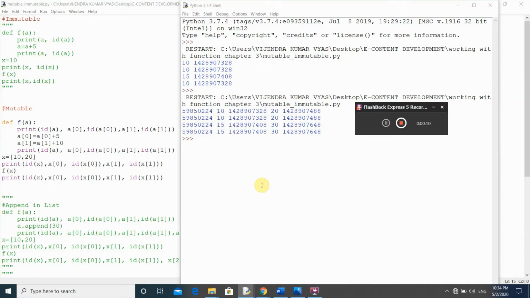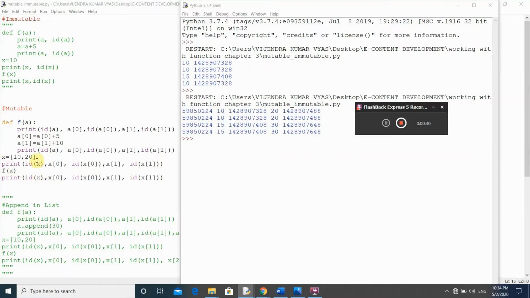A list is internally stored as a container that holds the references of individual items. So let us understand it with the help of this example.